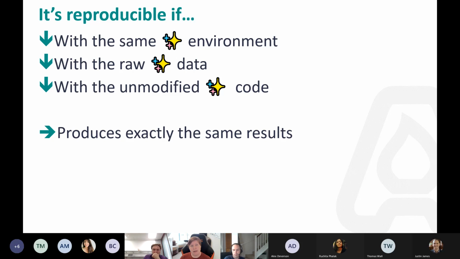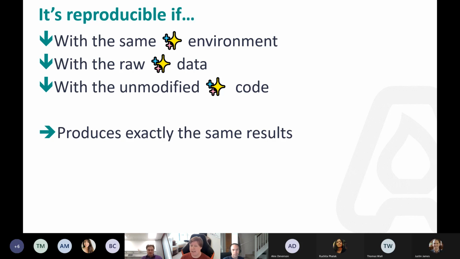If you're running with different packages in Python or R, you need to be able to specify exactly what version you used, because of course things change over time. People might fix bugs, they might introduce bugs, they deprecate code. So we need to have the same setup to begin with.